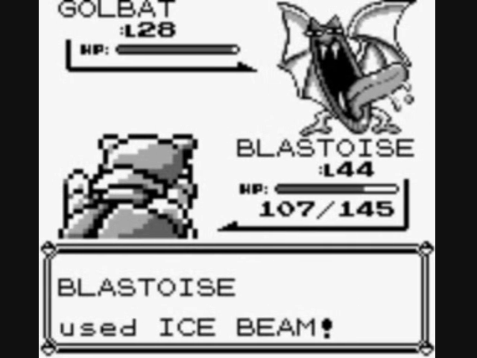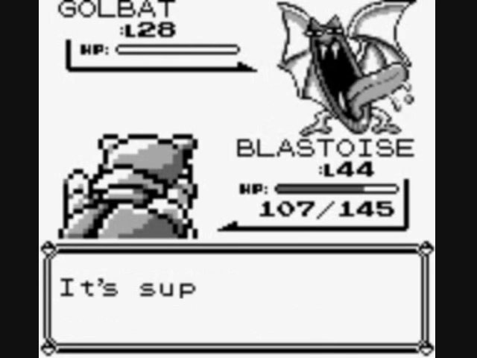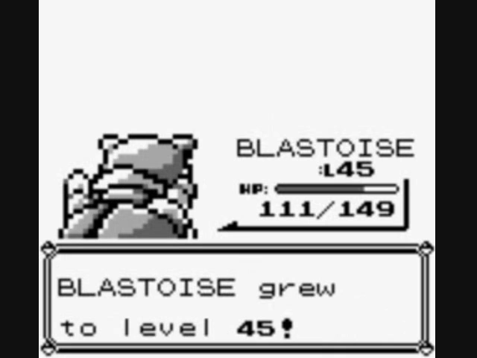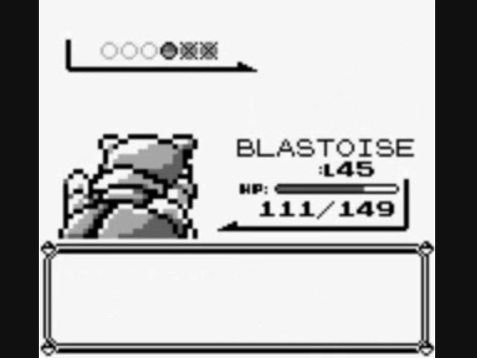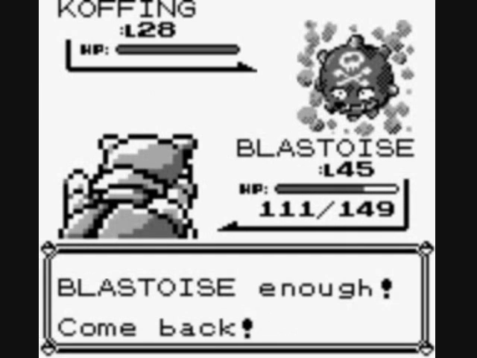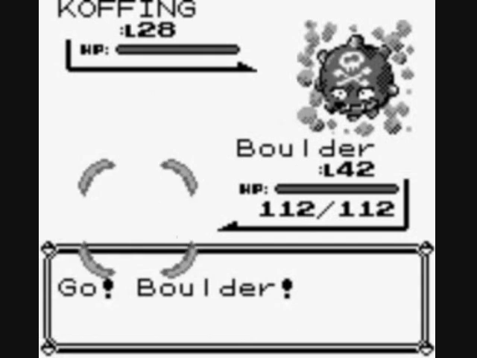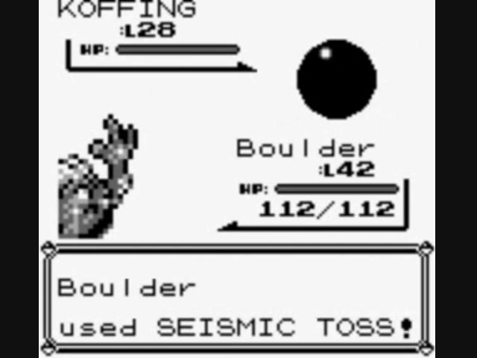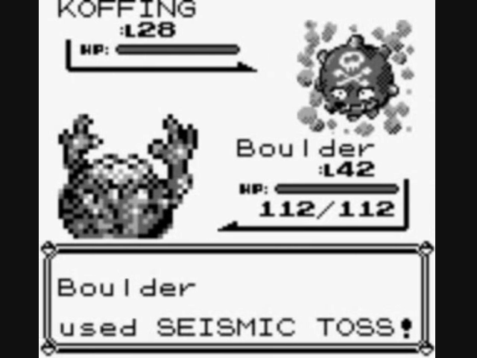So I'm going to Ice Beam, freeze this guy's mouth. See you later, GOLBAT. And level 45, so beautiful. I'm going to switch out to my boulder now, 3rd in line. And good type matching here, even though I don't want to type match. I'm just going to Seismic Toss him just because I feel like dropping bowling balls all up into his...